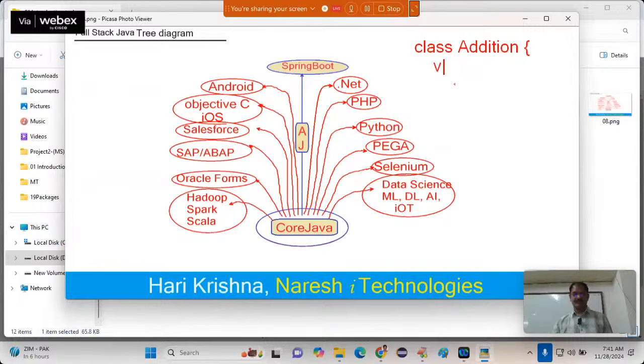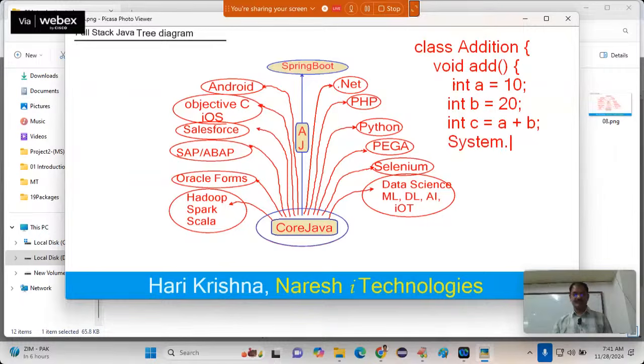Now here I want to add two numbers. void add(), open bracket. Inside you are writing int a = 10. Next, int b = 20. Next, int c = a + b. And then now you are writing System.out.print, System.out.print of